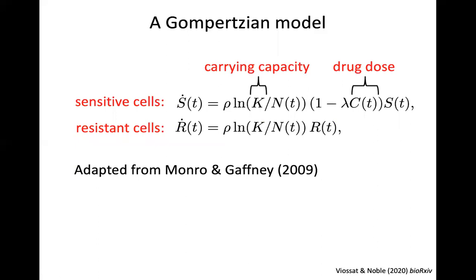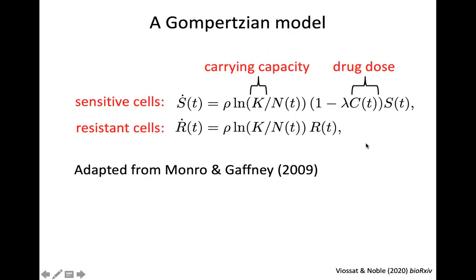So in our paper, we present results for various models, but we particularly focus on the Gompertzian model, which, as I say, is a very conventional model in oncology. And so here is an example of a Gompertzian model. Here the competition is contained in this term, this log of k divided by n. So k here is a carrying capacity. And we just have a simple function here on the right of the first equation, which shows us the effect of the drug.